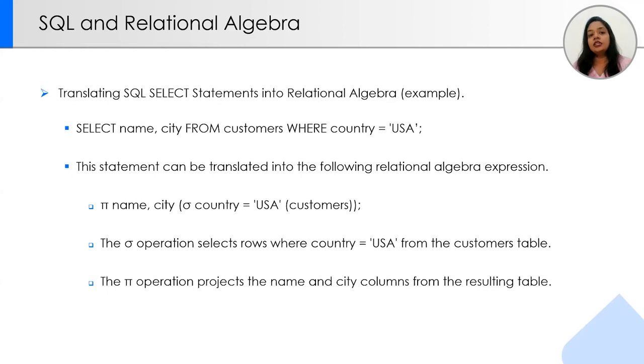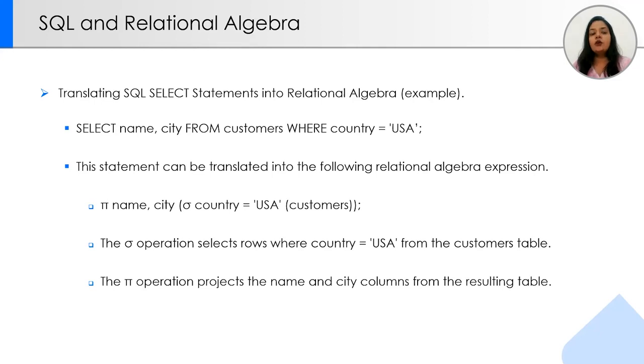Then comes the translation of an SQL select statement into relational algebra, with an example. Here we are going to select name, city from customers where country equals USA. So we are selecting the columns name and city, from the table customers, and we are putting a condition: country equals USA. This statement is translated into relational algebra through the following expression: pi name city sigma country equals USA